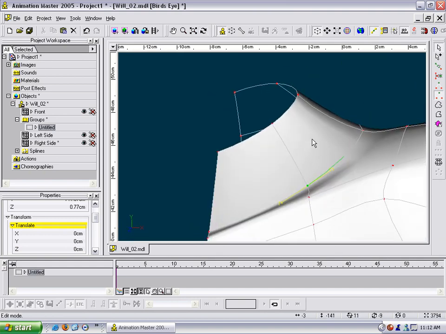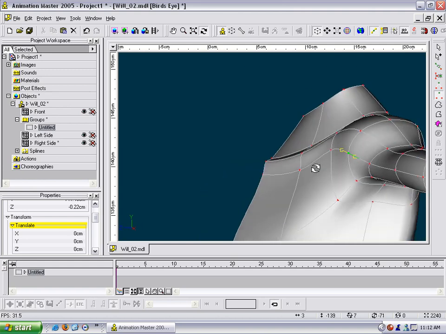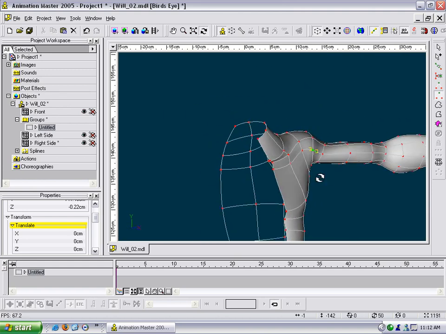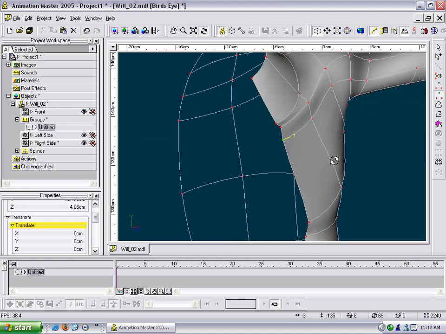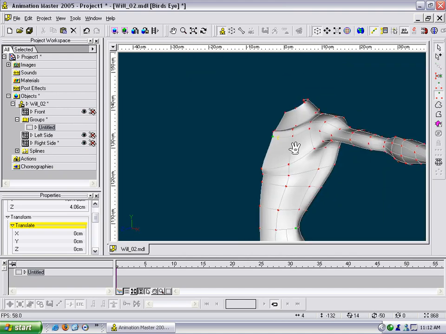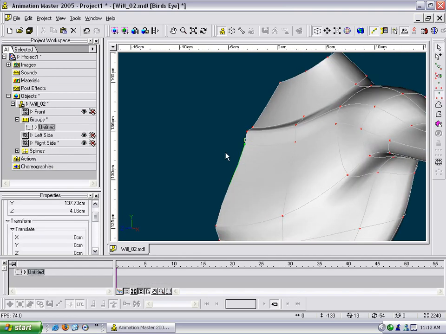And then from the front, if I go to my front view, clavicles actually have a curve to them, so I'm going to want to bring this down, and this down, and this down, and this. Just bring it up like that. Okay, so now if I do a quick render, see this is kind of flat right here. I want to make it a little more round, so actually I'm going to